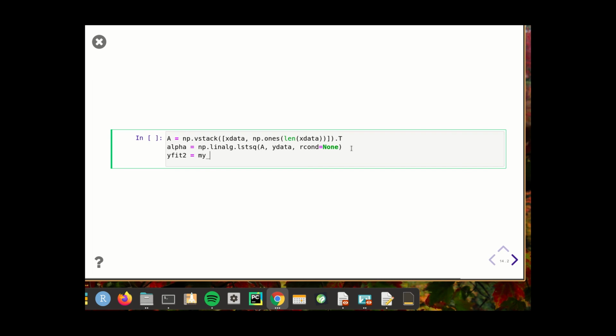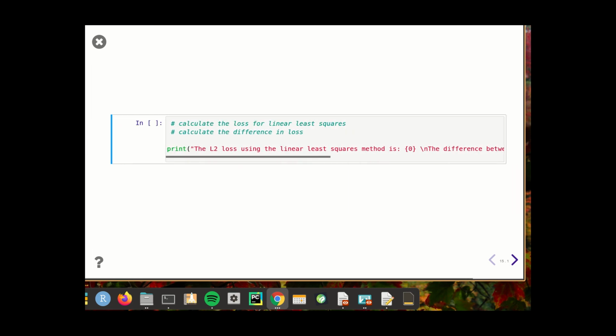So we have my line, and we'll give it the x data, and then m is going to be alpha 0, the 0th element of that, and b is going to be, so the coefficients are stored in this 0th element of this alpha object that the least squares function returns, and this intercept will be the first element. So alpha square bracket 0, square bracket 1. Okay, so we can run this,